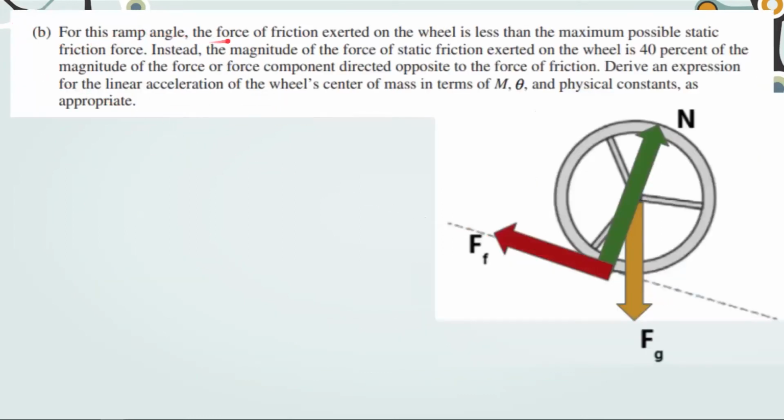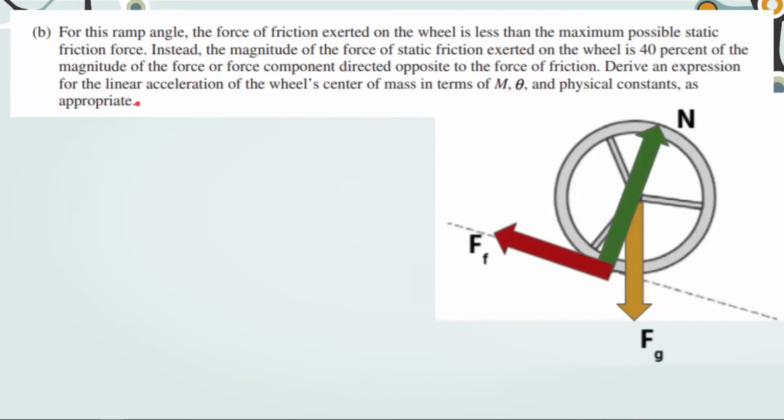Part B. For this ramp angle, the force of friction exerted on the wheel is less than the maximum possible static frictional force. Instead, the magnitude of the force of static friction exerted on the wheel is 40% of the magnitude of the force or force component directed opposite to the force of friction. Derive an expression for the linear acceleration of the wheel's center of mass in terms of m, theta, and physical